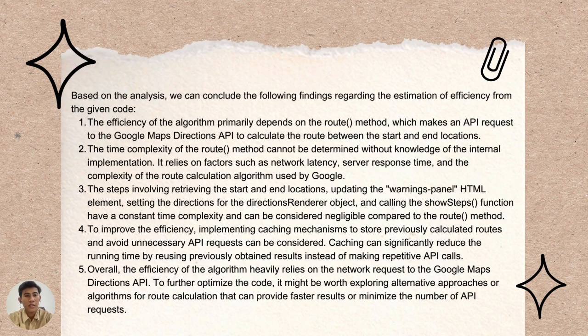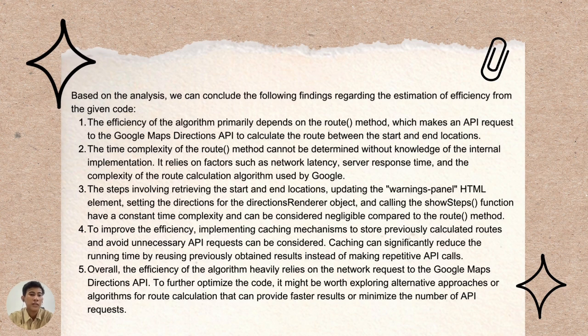So based on the analysis, we can conclude the following findings regarding the estimation of efficiency from the given code. The efficiency of the algorithm primarily depends on the road method, which makes an API request to the Google Maps Direction API to calculate the road between the start and end location. The time complexity of the road method cannot be determined without knowledge of the internal implementation. It relies on factors such as network latency, server response time, and the complexity of the road calculation algorithm used